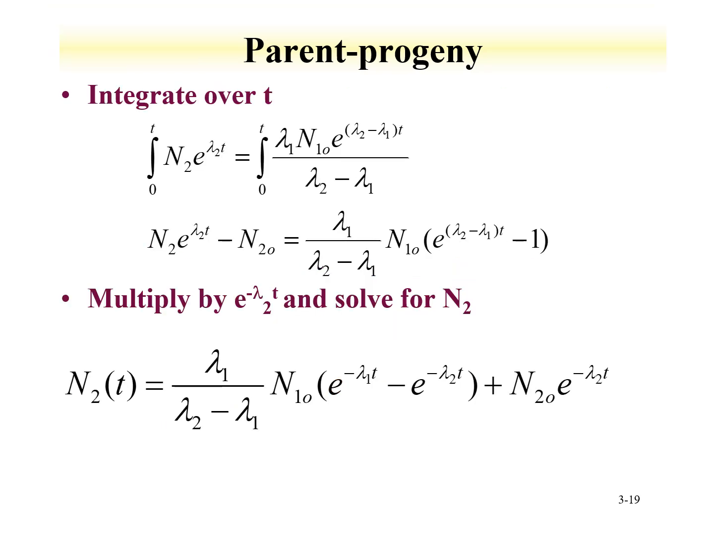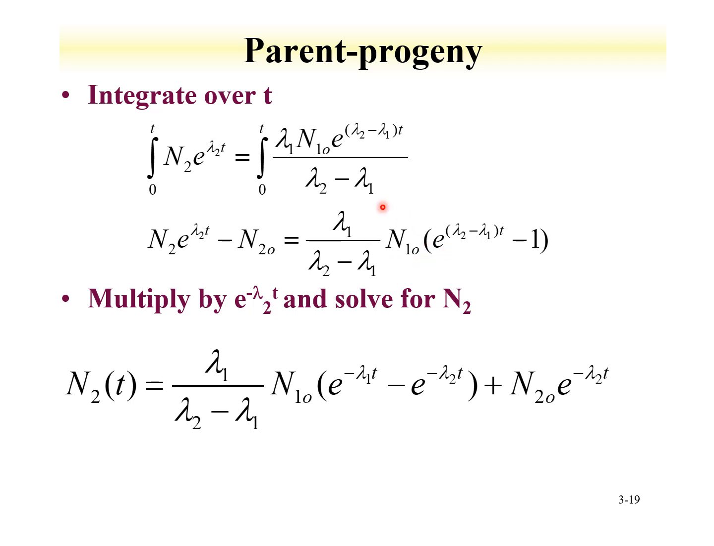Now let's integrate over time. So let's provide the integral, and we get this term. So let's integrate over what we see here, lambda 1 N1 naught e to the lambda 2 minus lambda 1 times t, divided by the difference between lambda 2 and lambda 1. From 0 to t, the equation becomes N2 e to the lambda 2 times t minus N2 initial is equal to a ratio of the decay constant for 1 divided by the difference between the decay constant for 2 minus 1,